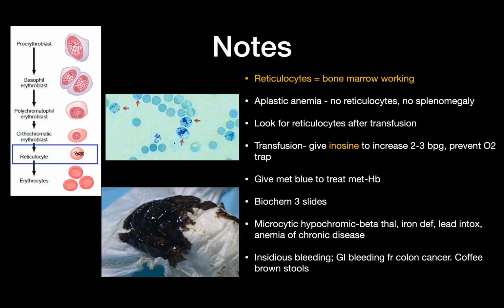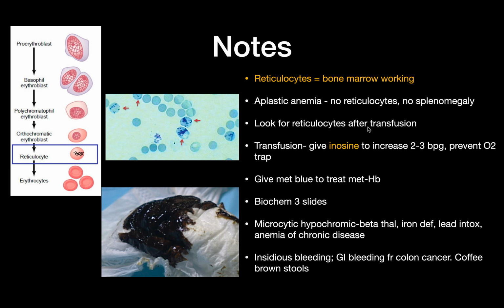So it's important to know that reticulocytes are immature red blood cells, and they can only be in the bone marrow. It's not natural for them to be outside the bone marrow. But if present in the bone marrow, it's a good sign. It means that the bone marrow is working. So in aplastic anemia, there's no reticulocytes, there's no splenomegaly. So we want to look for reticulocytes after like a bone marrow transfusion to see if the bone marrow is